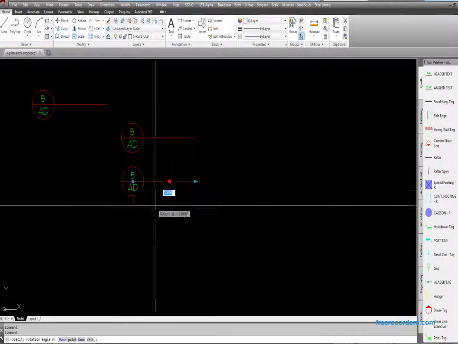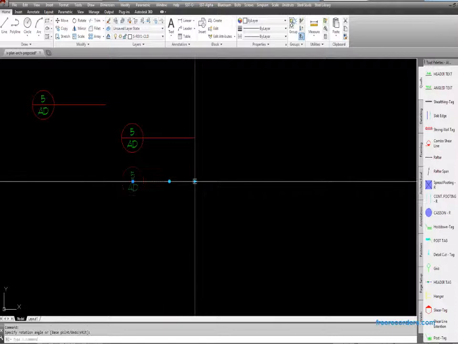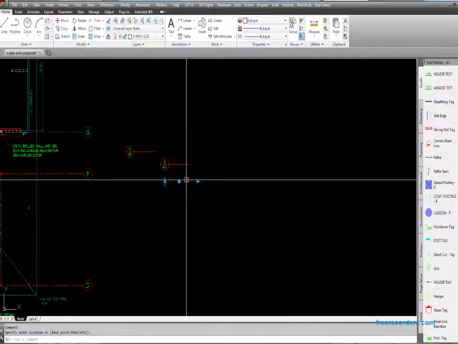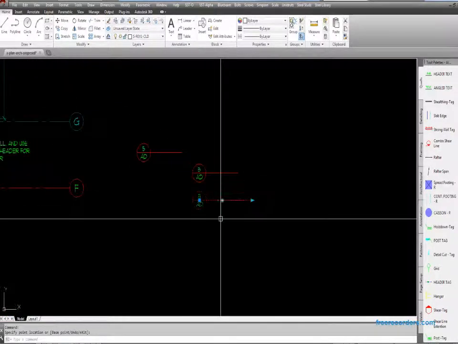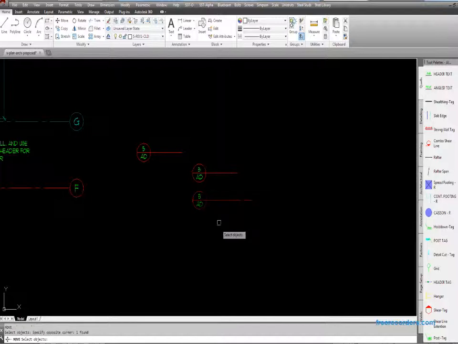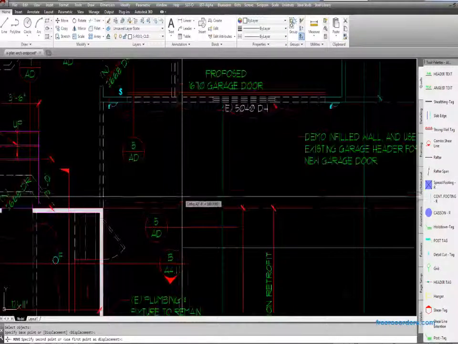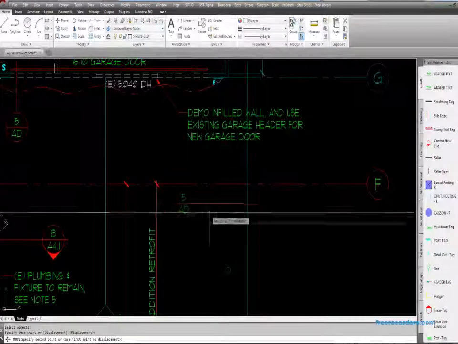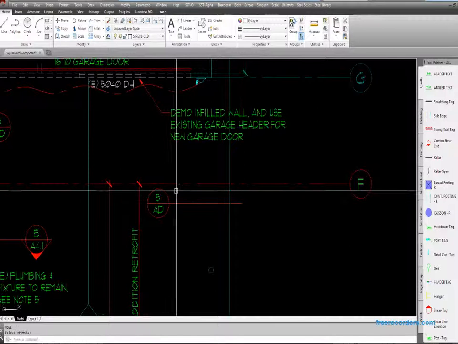There's my dynamic block, and there's my stretch option too with it, which is so awesome because it's going to save me so much time when it comes to drafting. And this concludes our lesson on creating a detail cut